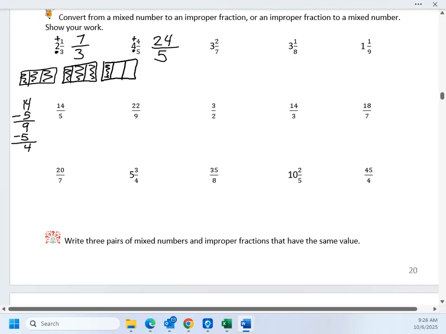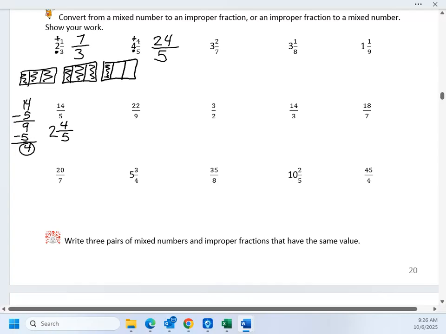9 minus 5 is 4. I can't take 5 away from 4. I don't have enough. So I go back and I count, how many times did I take the 5 away? I took the 5 away 2 times, and I have 4 left over. That becomes my new numerator. So you count how many times you're able to take the denominator out, and then your remainder becomes the